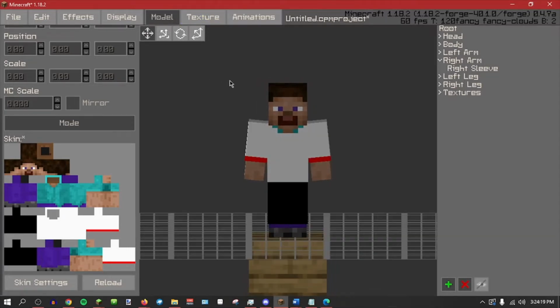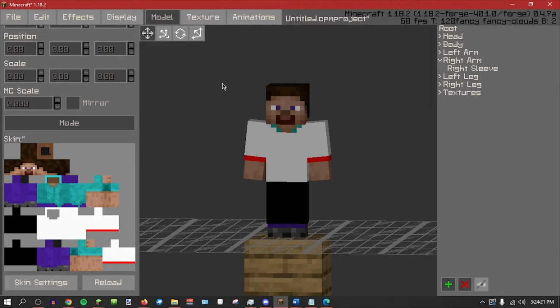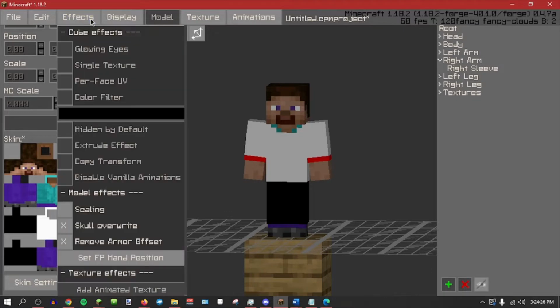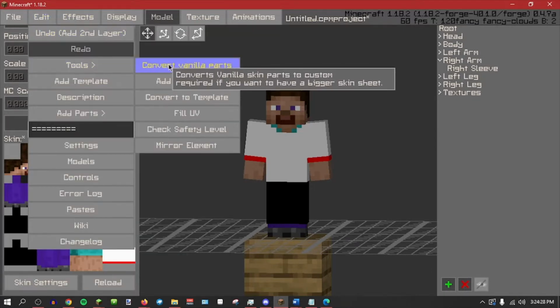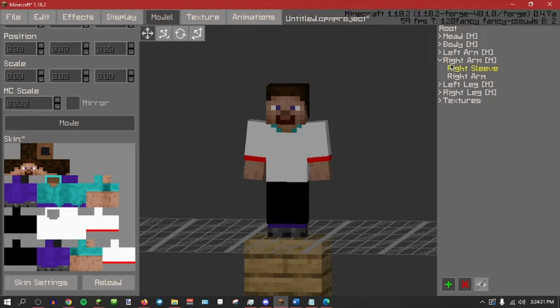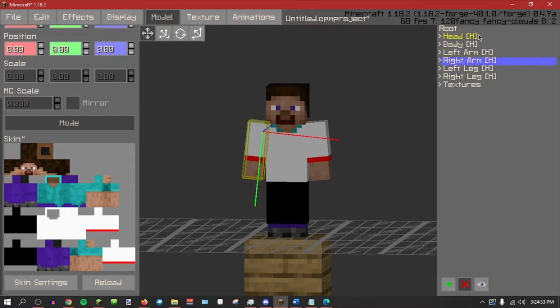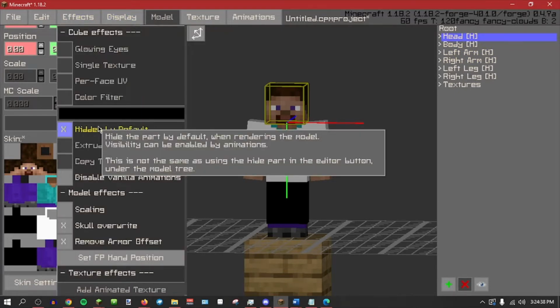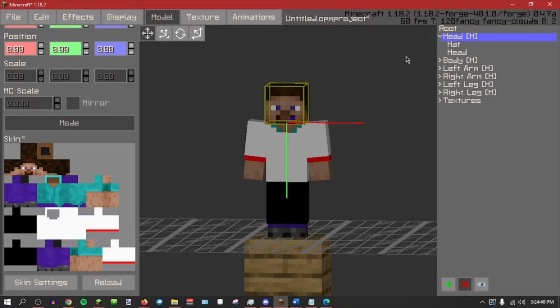So you now have your very basic template here. A very important first step you want to make is go to Edit, Tools, and Convert Vanilla Parts. Now you'll see that all of these headings here have an H next to them. This H indicates that they are hidden by default in animations, because Minecraft, or at least this mod, is very picky about what it wants to have work with regards to scaling, animations, and whatnot,